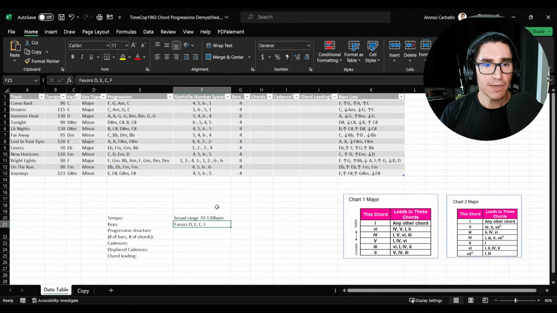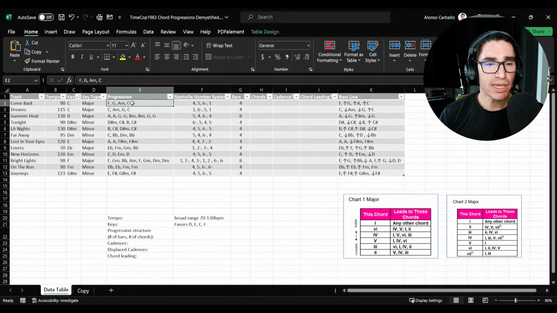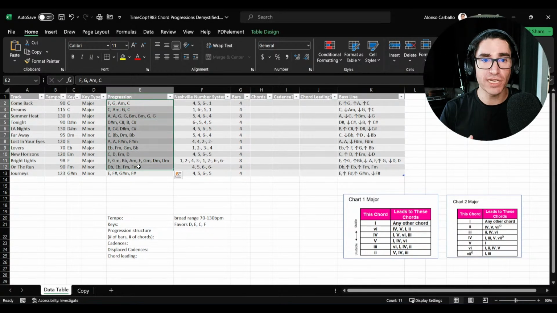What can we say about the progressions? When we look at chord names like this, it's very hard to do any kind of analysis. We see C sharp major, C, A minor. There's nothing apparent if we just look at the raw chord names. So this is why it's useful to translate the chords into Roman numerals, which is called Roman numeral analysis,